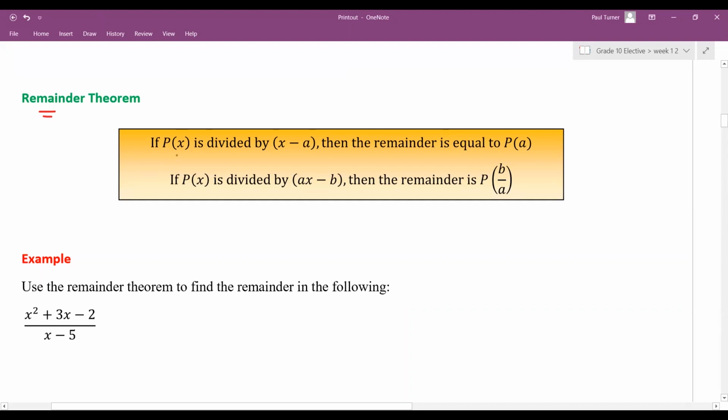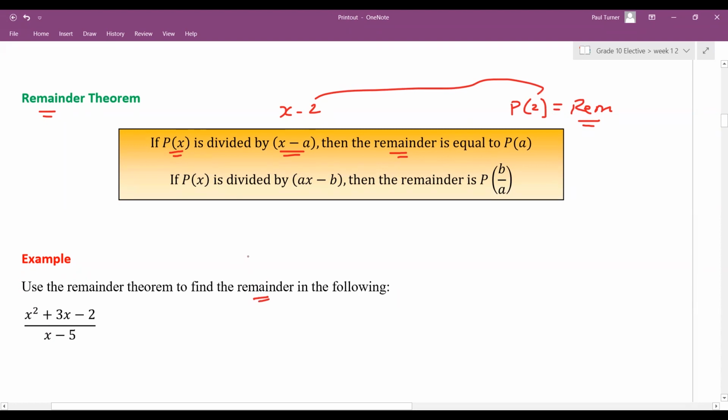So for example, if you have your polynomial and you divide by x minus a, for example, x minus 2, then the remainder will be equal to P(2). So this would actually give you the remainder. So you don't actually need to do the division. Like down in the example here, you don't have to divide that to find the remainder